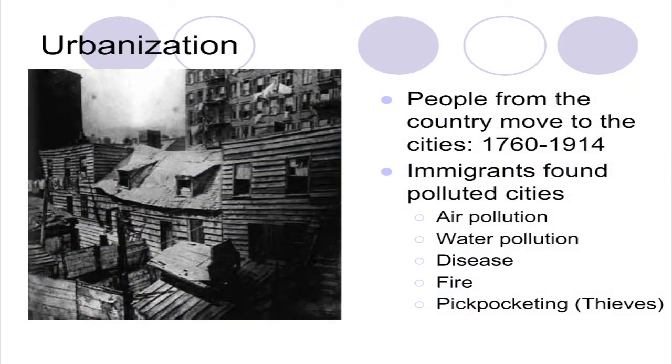Urbanization is a fancy word for city. Okay, we talked about rural, R-U-R-A-L, as country, and urban as city. So in this situation here, from the 1760s to the 1914s, you can see that all these particular items are happening in the city. Air pollution, water pollution, and if you don't have clean water, you can get disease, specifically cholera, which we'll talk about in class next time.